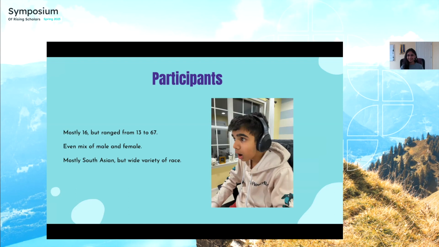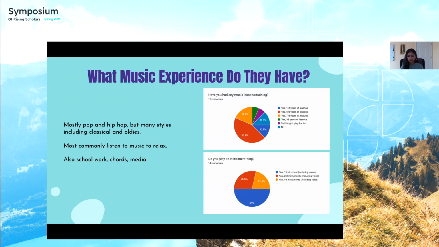This is a funny little photo of my brother, but you can see here that we tested a really good variety of ages, gender, and race. We actually used this demographic data to come to conclusions about how they responded to the music, and you'll see that again a little bit later. Again, this is just looking at demographics, and this data will be used pretty heavily when understanding how that affects emotional response.